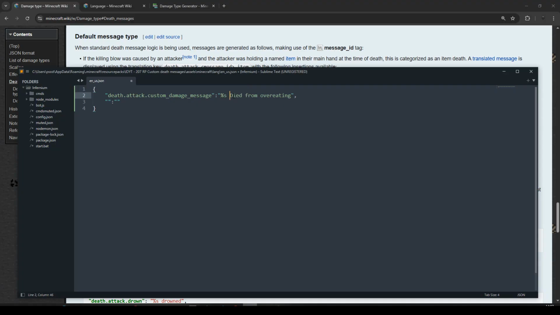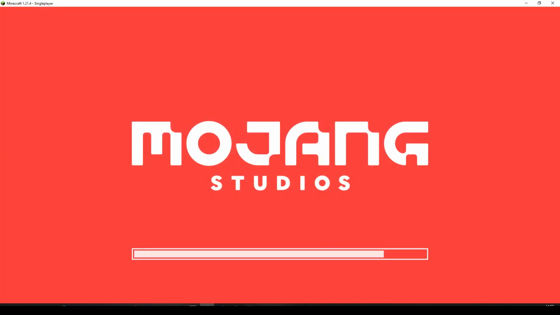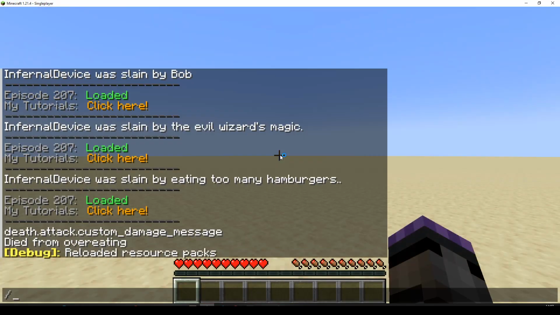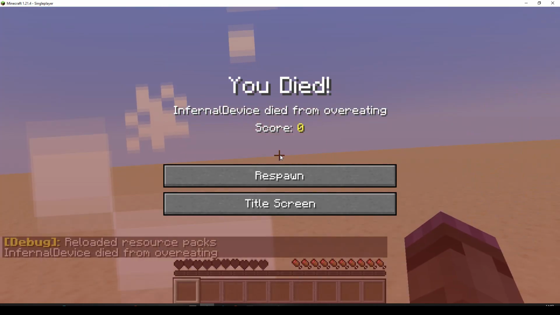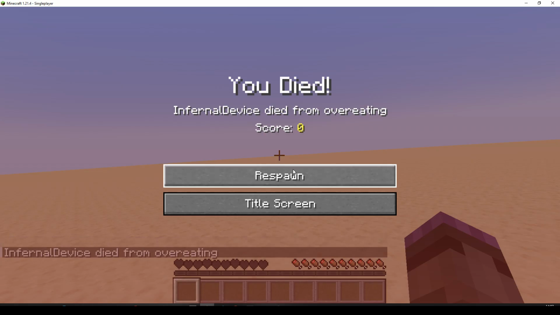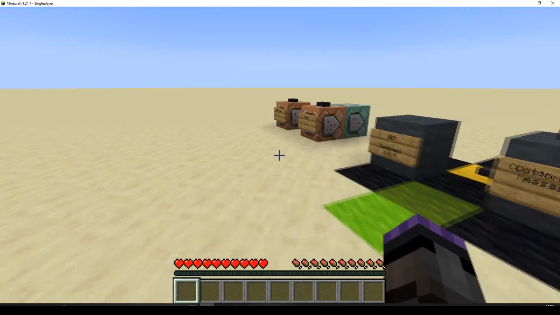%s died from overeating. Let's save that. Let's go back. Let's do F3T to reload the resource pack and let's kill ourselves again. Infernal device died from overeating. Nice. Okay. But we've also got the problem that if you've just been hit by someone and then you die,